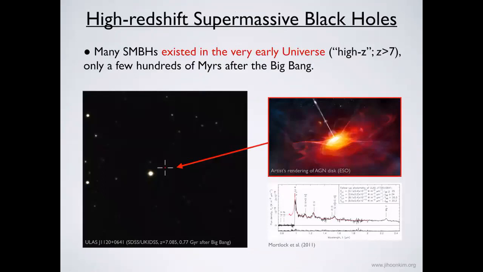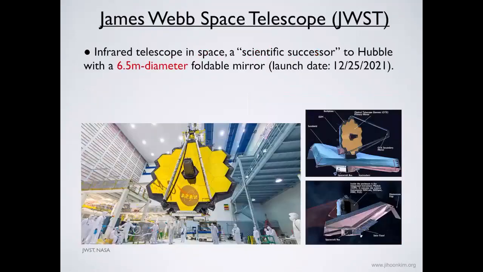But there's also this problem of high-z quasars, high redshift quasars. Many of the supermassive black holes existed in the very early universe, just hundreds of millions of years after the Big Bang. Based on our contemporary physical knowledge, there is not enough time for any black hole to grow quickly. There's just not enough time there, unless you start off from an extremely massive seed that could be created by some unknown physics or yet-to-be-known physics.